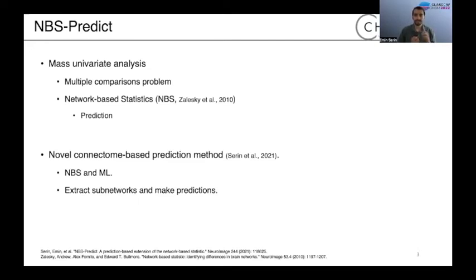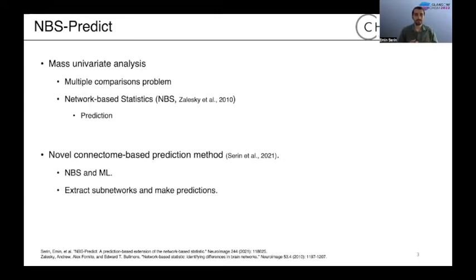As you know, mass univariate analysis has been the dominant approach in fMRI analysis, including the analysis of brain networks. What we do in this analysis is fit a univariate model, like the generalized linear model, to each brain connection and then compute the corresponding p-value. However, currently we're trying to deal with very dense brain networks, like those comprising more than 10,000 connections. And fitting univariate models that many times could easily result in a very famous statistical problem, which is the multiple comparisons problem.